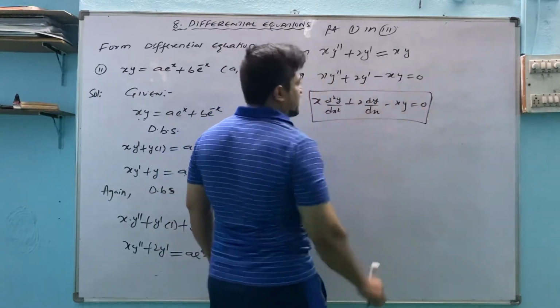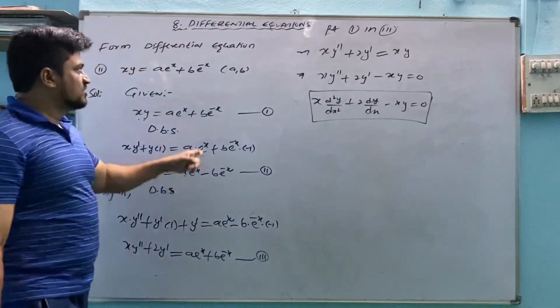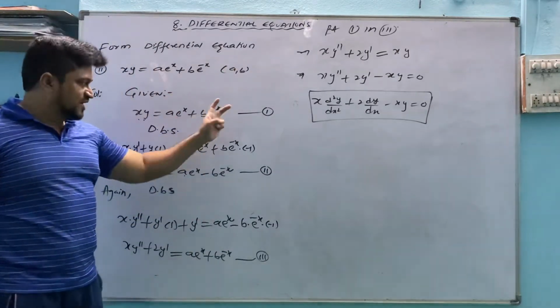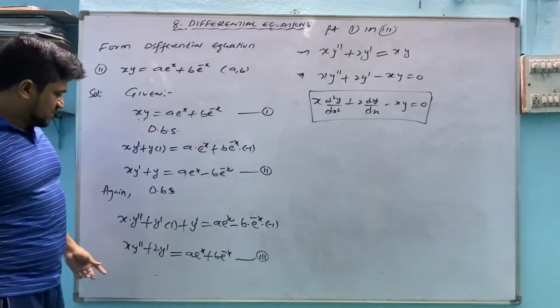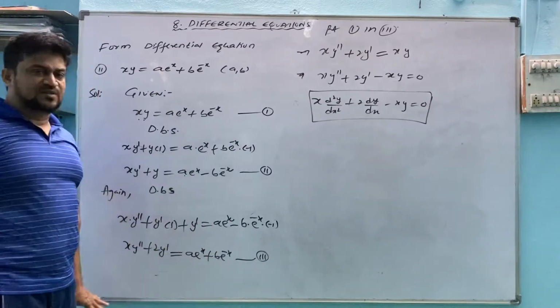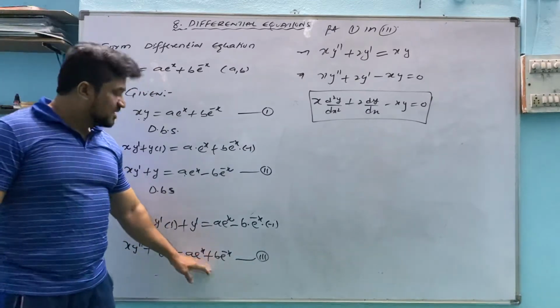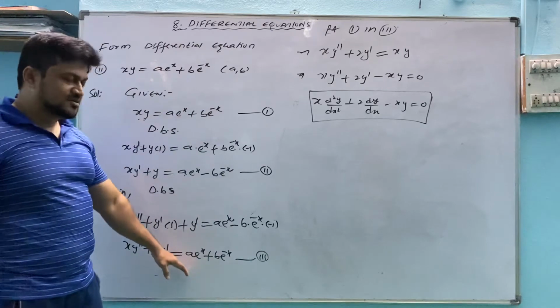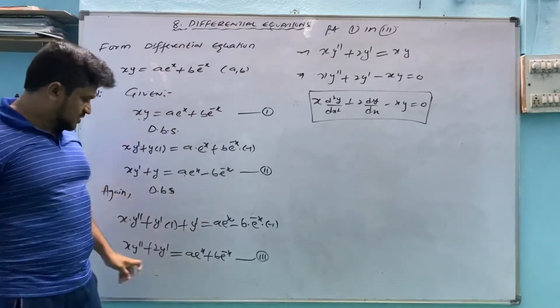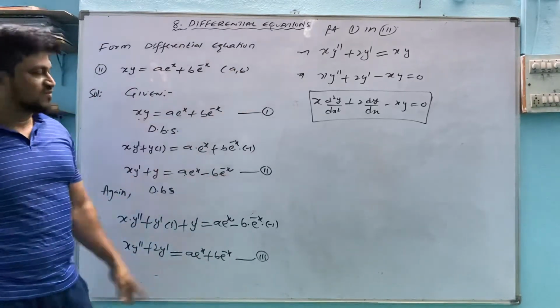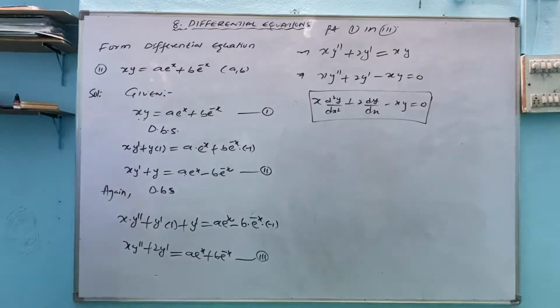This is the differential equation. What we have to do: when a and b are given, it means we can differentiate 2 times. After differentiating 2 times, you can check whether a and b are there in the equation or not. If they are there, divide first and third, or put first in third, and you will get one equation. So leave that equation after substituting the value.